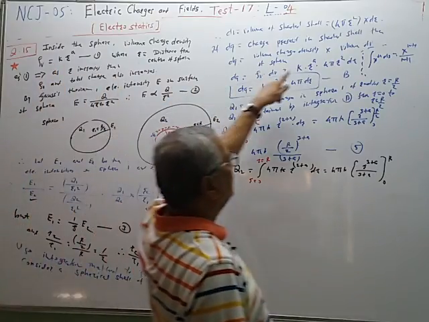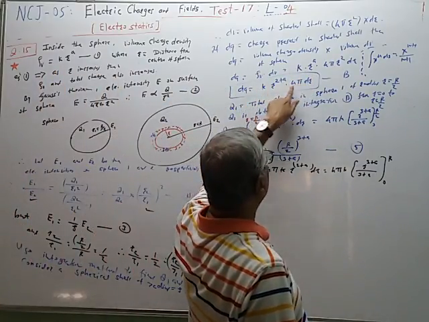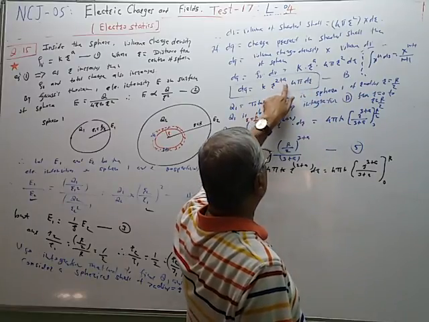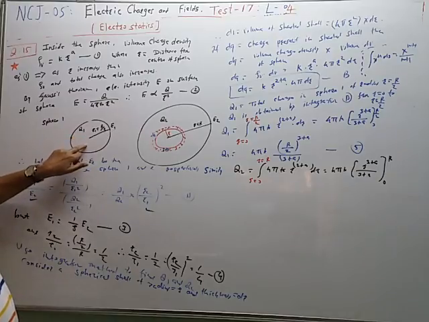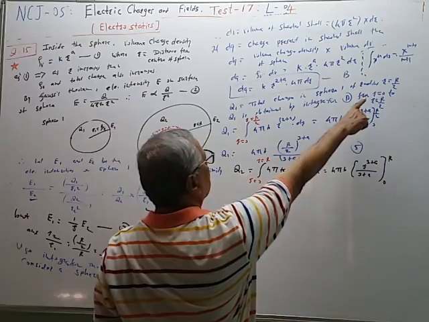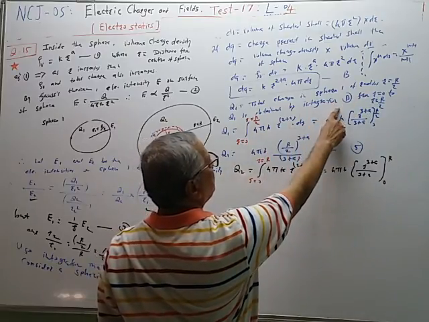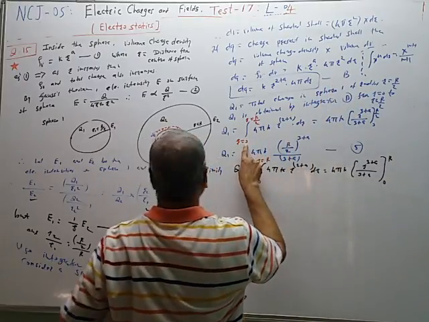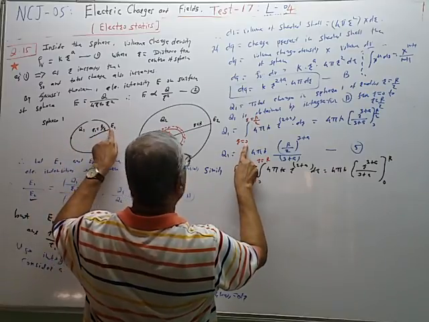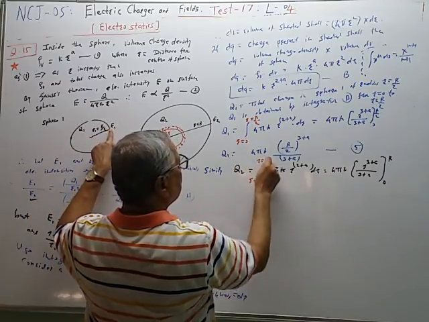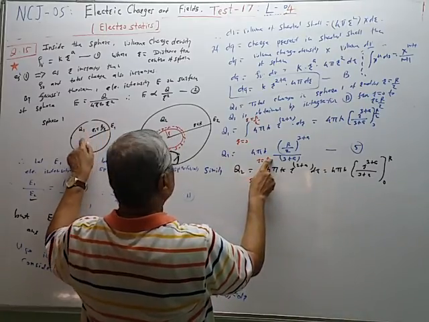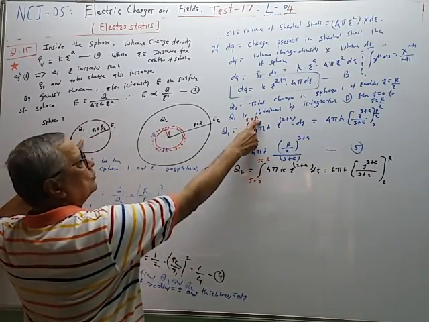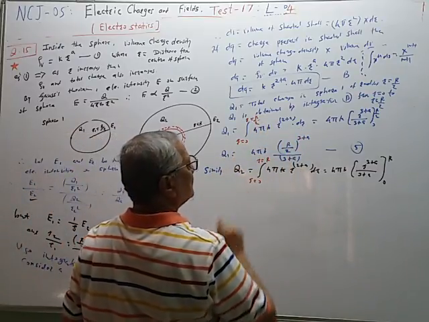The value is given to us in the problem. So this is equal to k into 4 pi dr r raised to 2 plus a. So the total charge Q1 in this sphere, of radius r1 equal to r by 2, is obtained by integration like this. Q1 is obtained by integrating equation B. The limits are r equal to 0 at the center and r equal to r by 2. So the limits are different. For this sphere the limits are from 0 to r, and for this sphere the limits are from 0 to r by 2. So these are Q1, these are Q2.